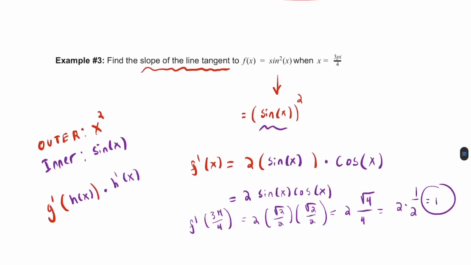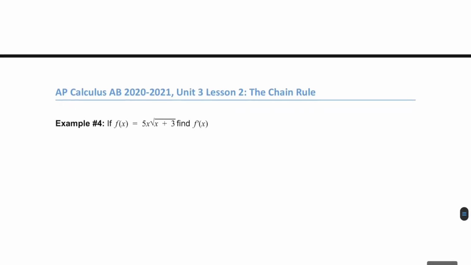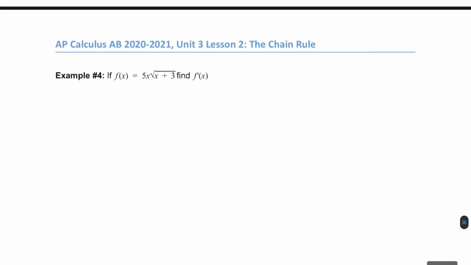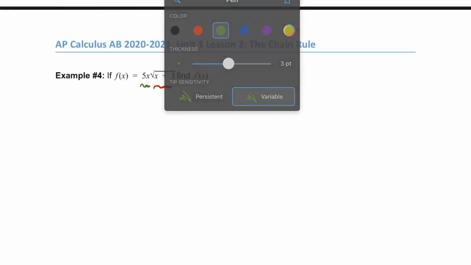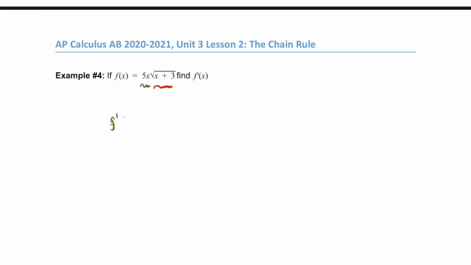All right, last example here, putting it all together. We've seen the power rule, the product rule, and the chain rule. You can combine these. So if we had 5x times x plus 3, the first thing I would do would be to do the power rule. Sorry, not the power rule, the product rule. And so this would be f prime, right, the derivative of 5x, the derivative of the first part, which is just 5,